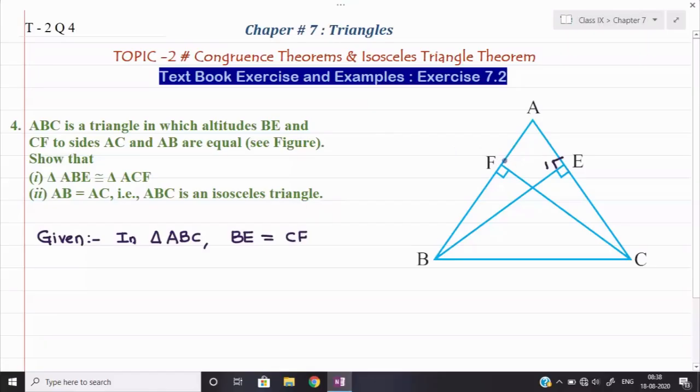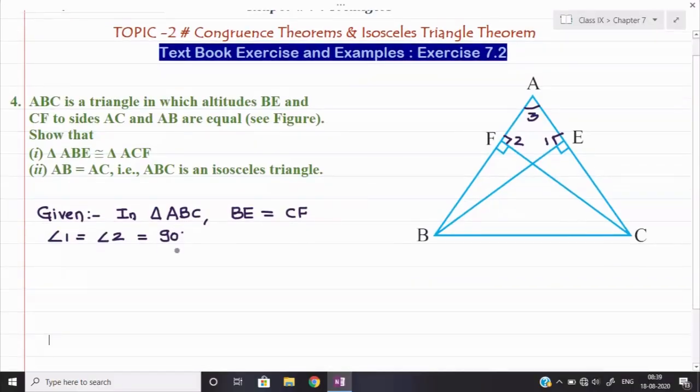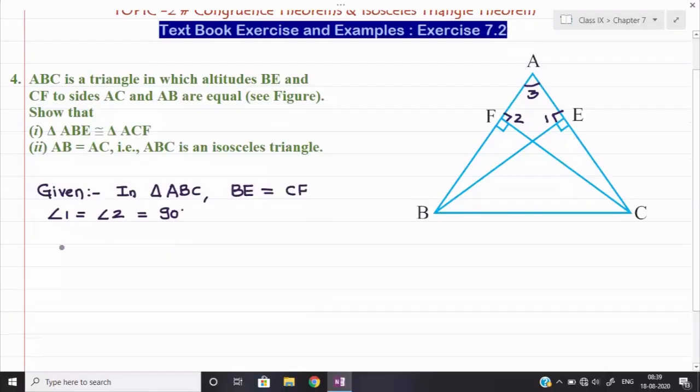This is my angle number 1 and this is my angle number 2, and the same way this is my angle number 3. So I will say here angle 1 is equal to angle 2 is equal to 90 degrees, because we have given that BE and CF are altitudes. Now what we need to prove, we shall mention both the parts over here. So to prove is,